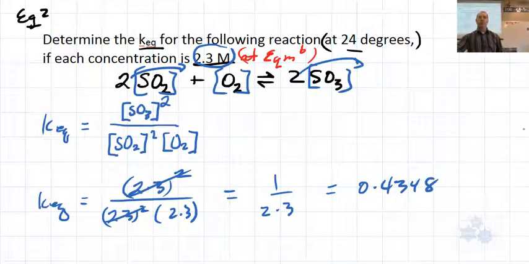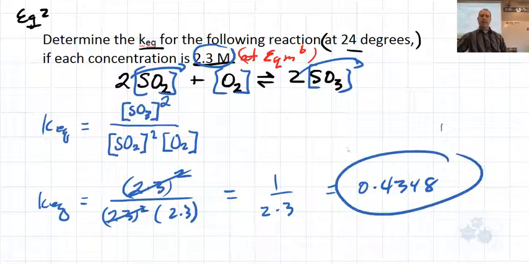And now the units, we haven't talked about units for KEQ. Generally, what do we do for units for our constants? What did we do with the units for the constants there? The constants can have, depending on all of the units that are involved, really strange units, just a combination of whatever's necessary. So there's not a given unit for KEQ, so you don't have to write a unit there. So the KEQ is just